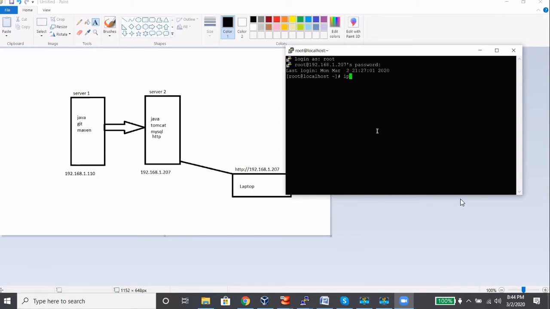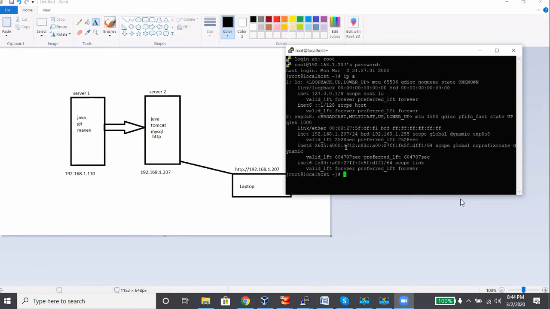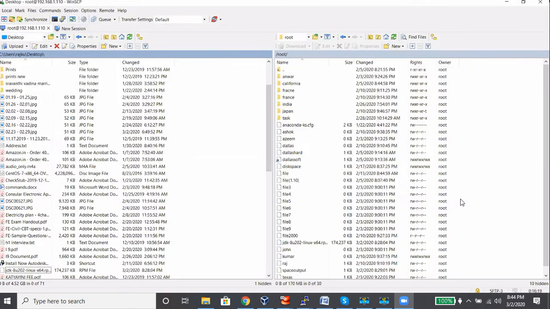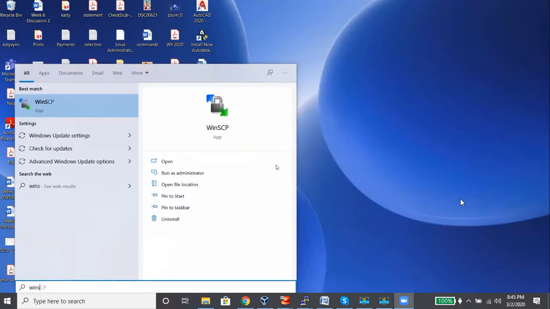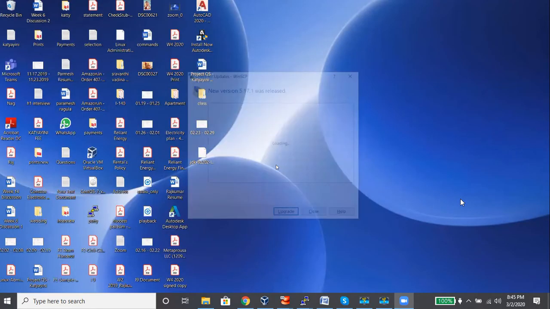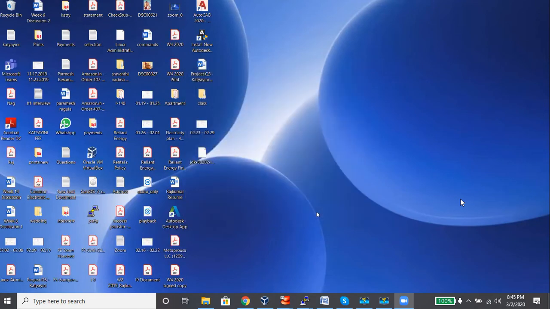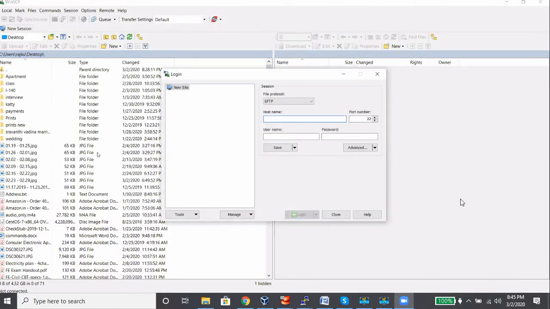Let me check the IP. The IP is 207. I'll close this and open WinSCP again. WinSCP is a third-party software which you can use to upload content from your local system to a remote server. The IP is 192.168.1.207, username is root, password is 134.